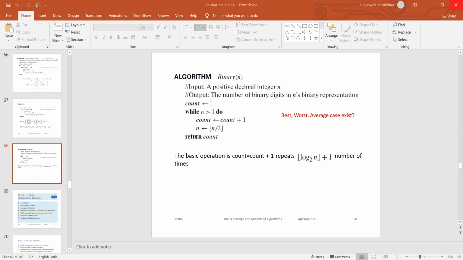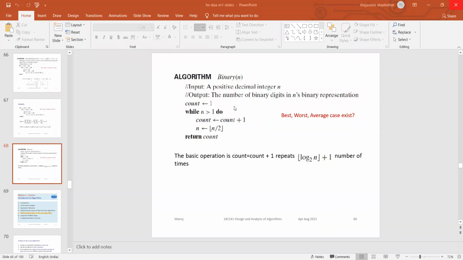Coming to the binary digits, binary digits means 0 and 1. So the number of binary digits, how many digits will you be getting? The number of binary digits will be 3 or 4, because you are representing it here as 0, 0, 1, 0. The number of binary digits is 3.